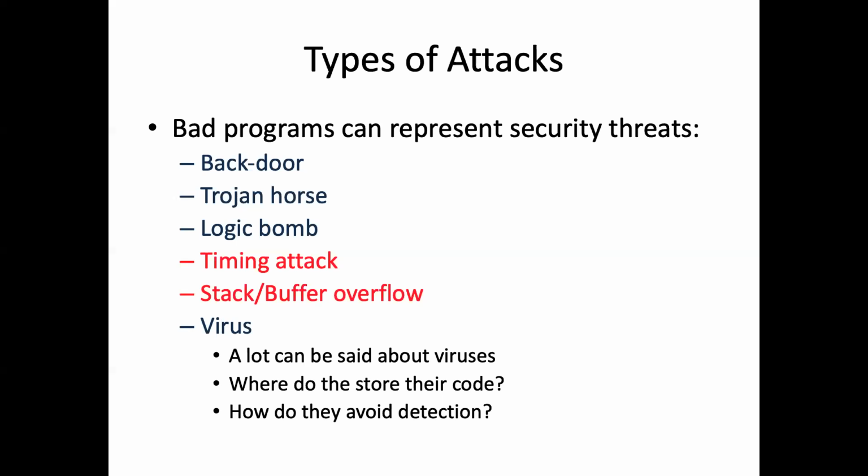Now, there we're talking about tiny differences in execution time, and it might be hard to measure those differences, but you could get around that by, instead of sending that guess of the password in just once, sending it in 1,000,000 times, one after another, and then measuring the total execution time. And then all the little differences in execution time would add up, and you could use that potentially to guess someone's password. And this has been exploited.